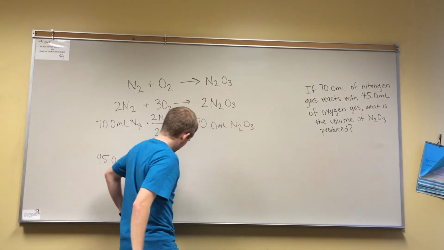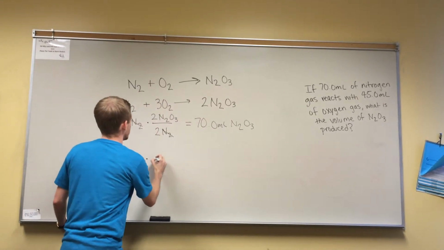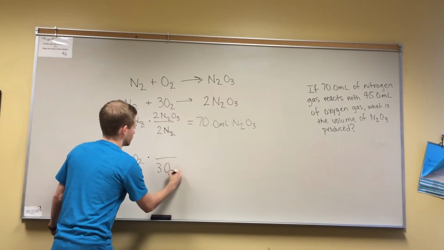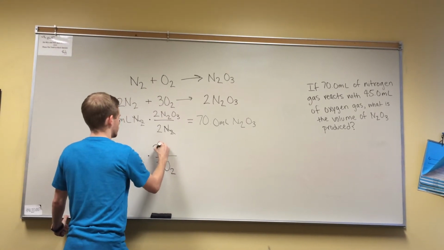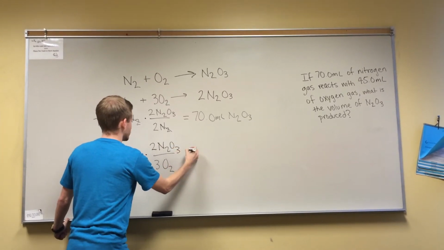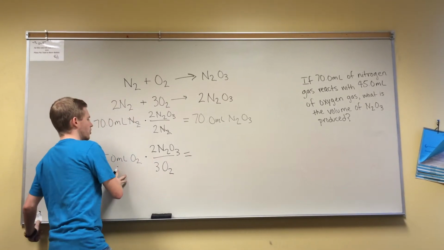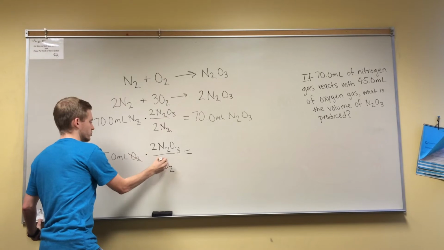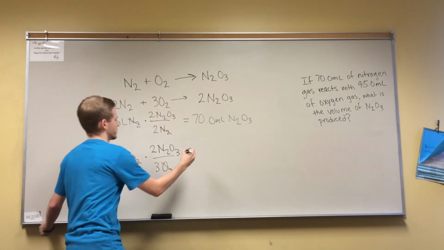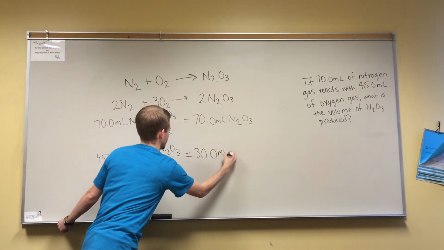N2O3. Now on the bottom, it's going to be a little bit different because the coefficient that we used of O2 was 3, 3O2 over 2N2O3. So the product that is going to be given is going to be 45.0, cross out the O2s, multiplied by 2/3, which is going to give us 30.0 milliliters of